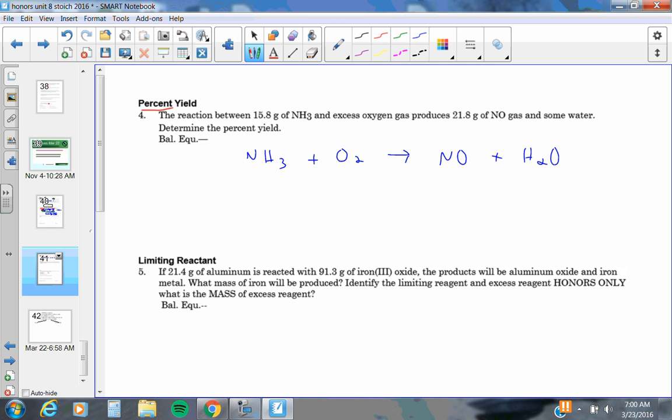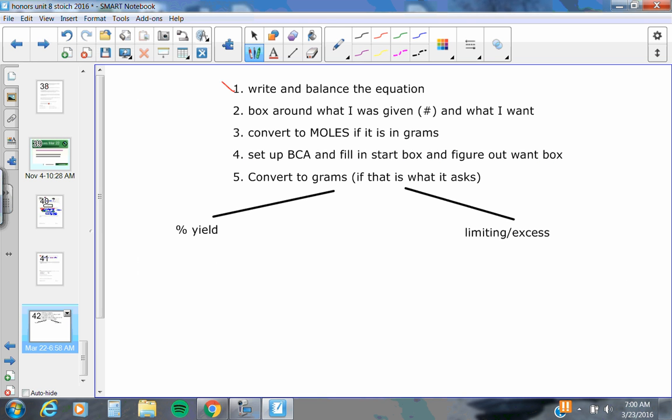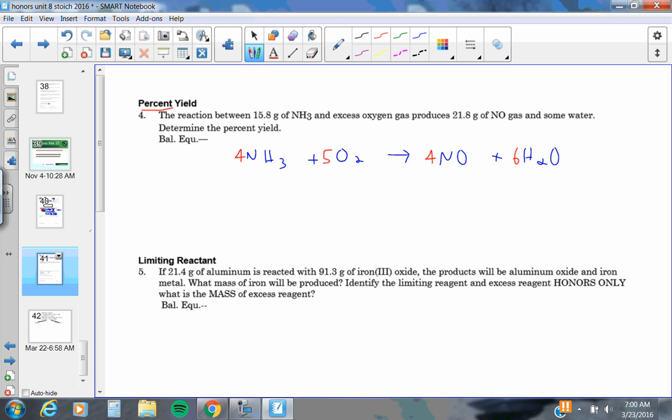Balance in this one, we're going to find out. I'm just going to cut to the chase here. It's a 4, 5, 4, 6. So first thing to do is I'm going to write and balance that equation. Check. Okay, so when I start to read about these, they're asking me if I start with 15.8 grams of